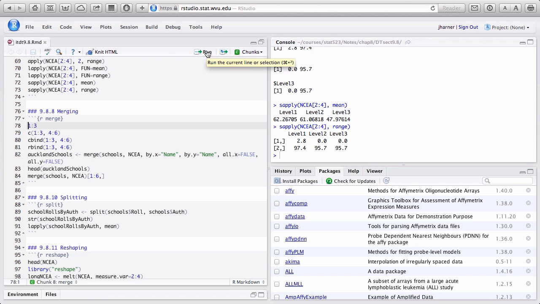Now, when we teach 624, we go into that in some depth. 624 is called high performance analytics, and there's really three topics in that course that we covered the one time I've taught it. One was parallelization for doing high performance computing using parallel processing. The next was using